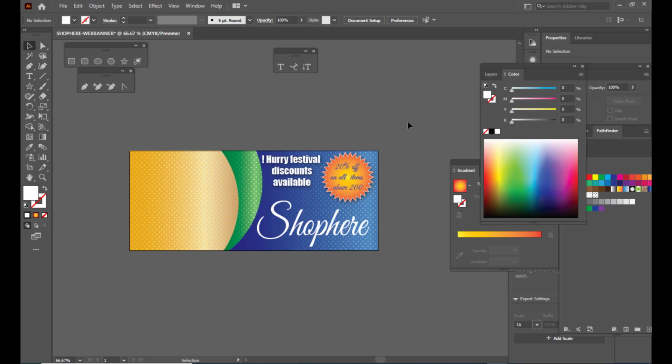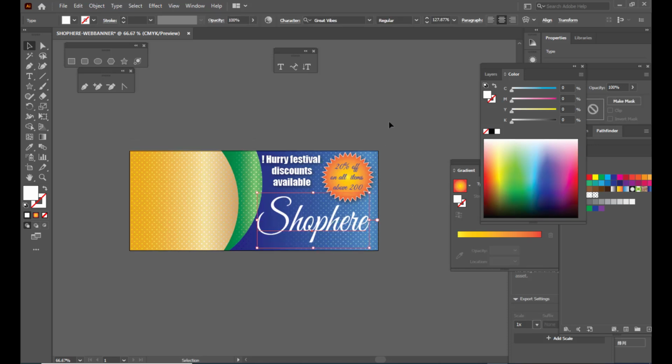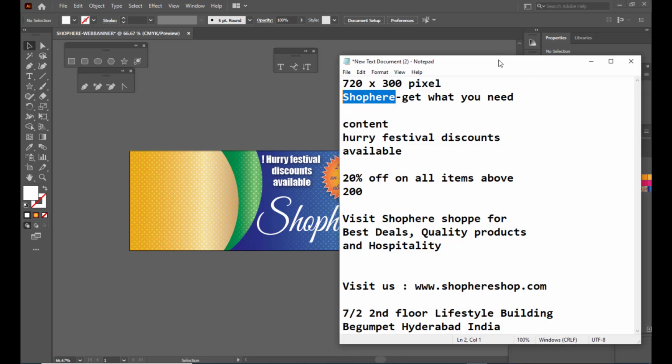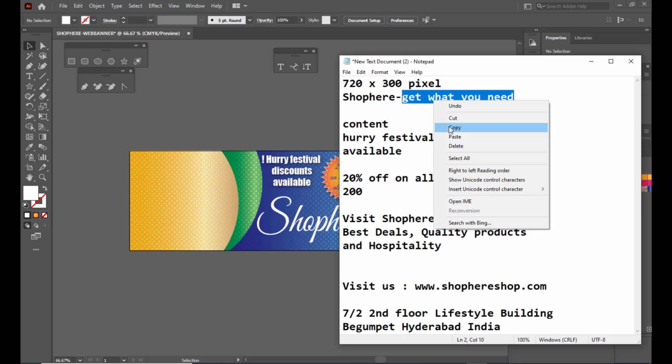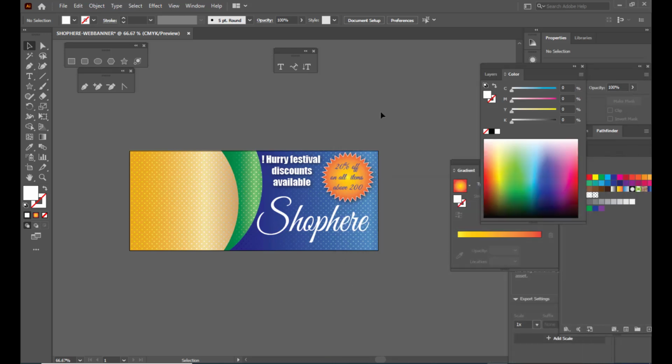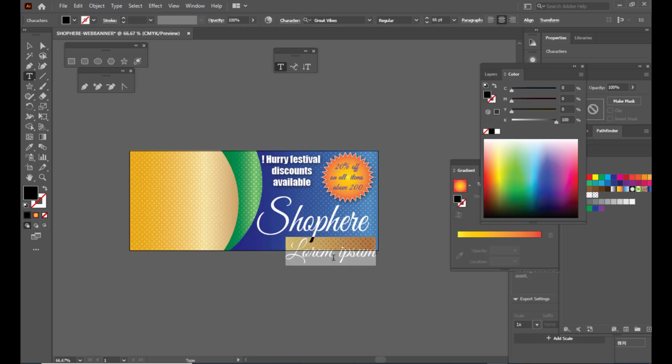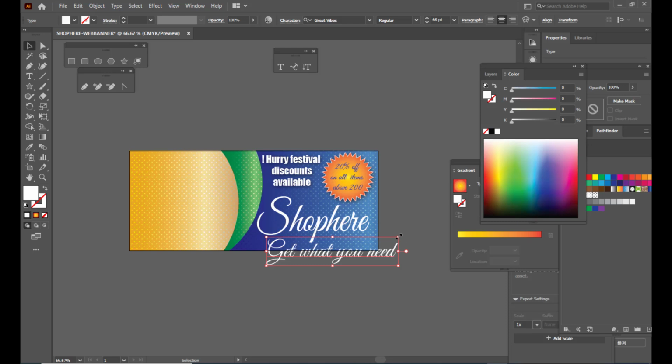Then we'll put the caption below the title. So we'll just copy the caption, just copy it, and then we'll select a text here, one more text, and paste it. We'll make the G a capital, and then we will just apply a pure white color.